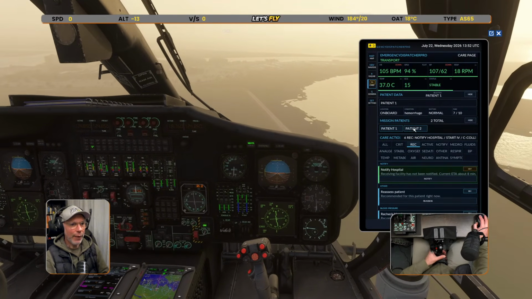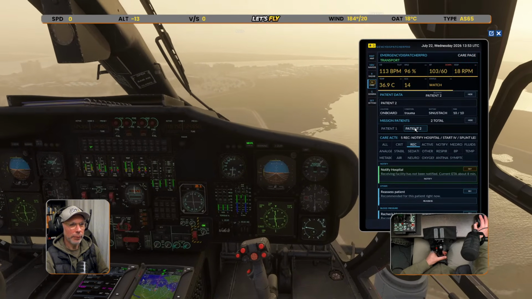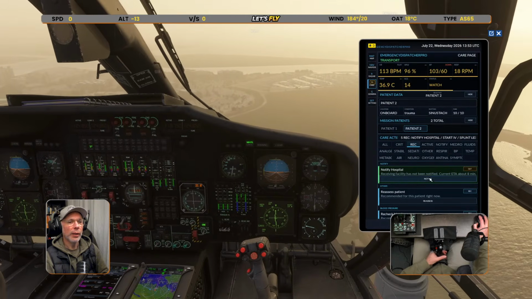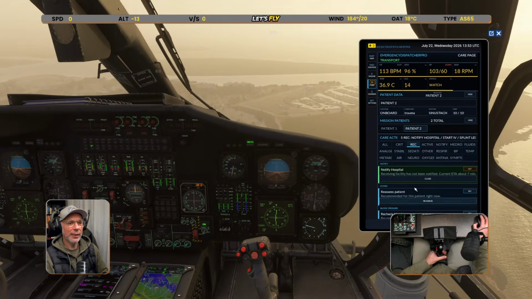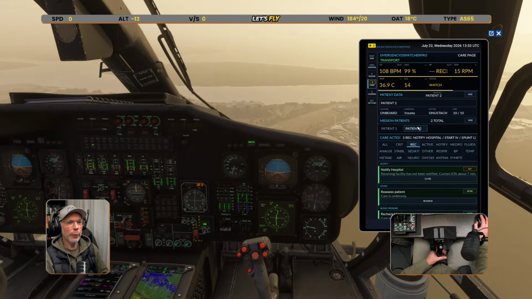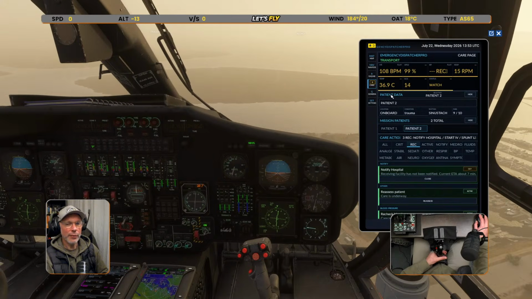All right. Well, the heart rate stabilised at least on patient 1. Patient 2, the breathing rate. Oh, the heart rate's still quite fast on patient 2. Have I notified the hospital? I thought I had done that. That is done. Reassess patients. We'll reassess them. Care is underway. So, oh, okay. So that was good. That calming